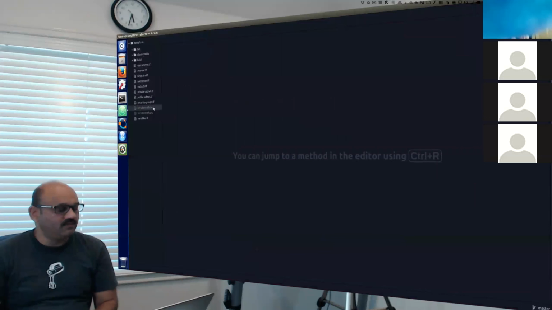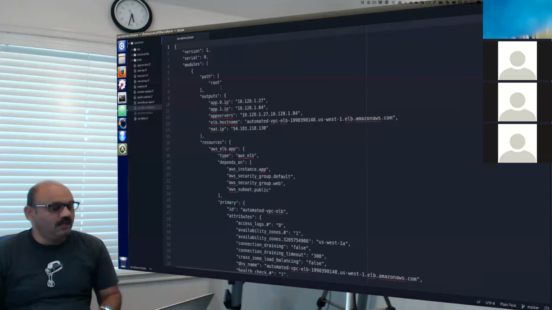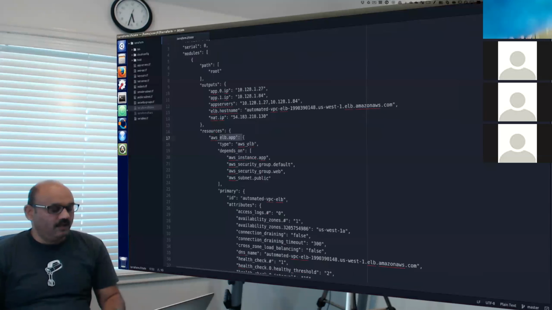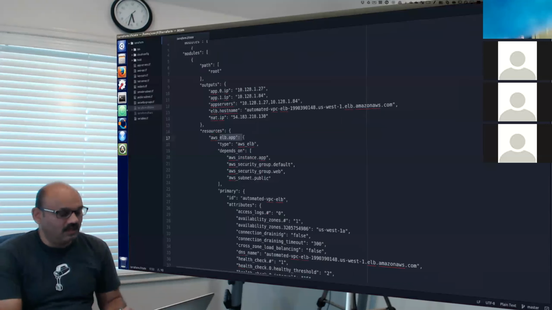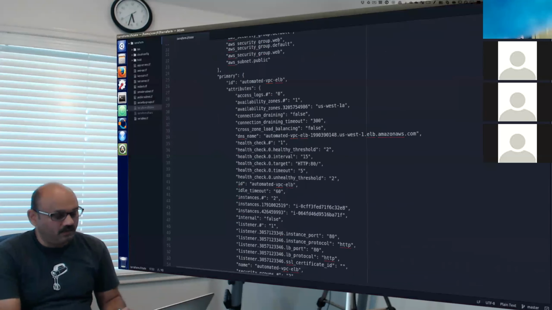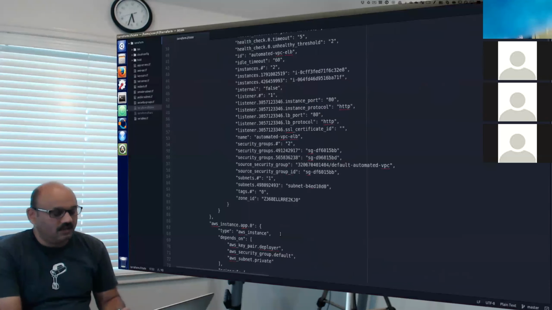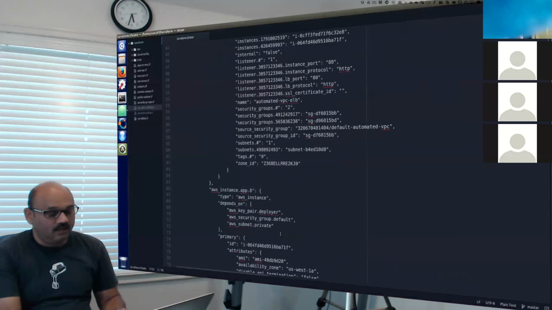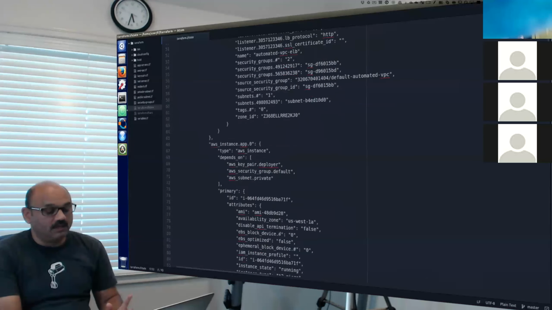In this file, you will see it has saved details about the path, the output, the resources used, like Elastic Load Balancer, and the attributes corresponding to the load balancer itself. You can keep going, and you will see a complete JSON structure describing what we have in our Amazon cloud, created through this automation that you saw the result of.